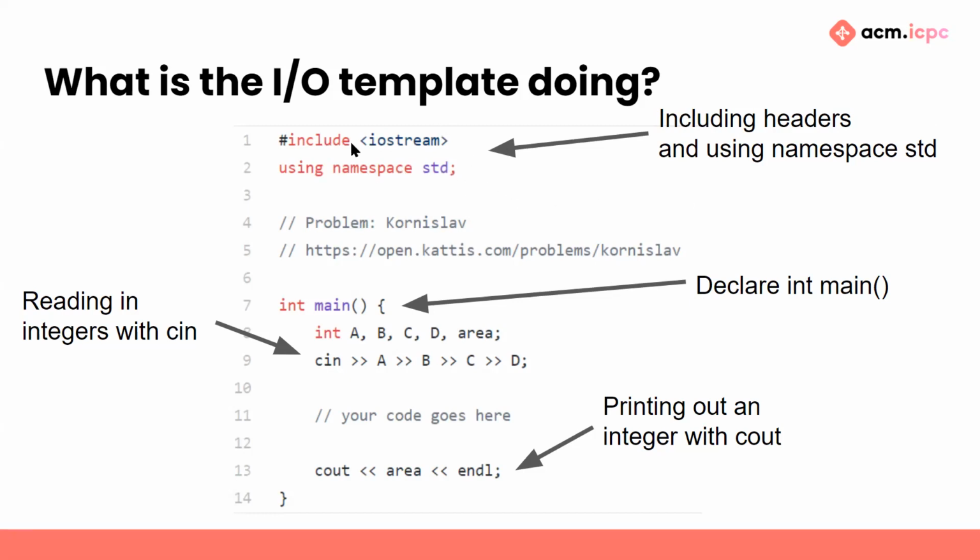So we include headers that tell the compiler about the libraries that we want to use. This line, using namespace std, you'll see it all over the place. You might have heard people saying, don't use it, it's bad. In the context of competitive programming, it's great, absolutely use it. The reasons that you wouldn't want to use it are if you were working with some other library system that had names that might conflict with the standard library. But anyway,